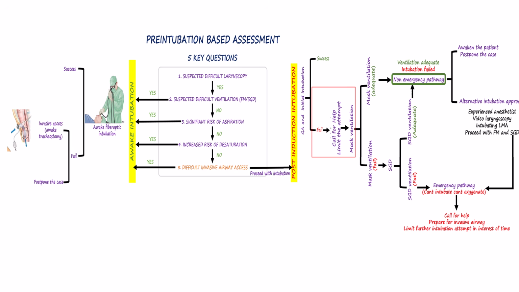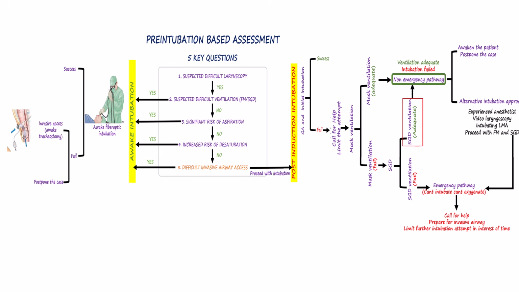Should the initial attempt fail, our priority is to maintain oxygenation. We start with face mask ventilation. If this is successful, we follow the non-emergency pathway, either awakening the patient or trying alternative intubation techniques to improve success. If face mask ventilation is inadequate, we insert a supraglottic airway. When this provides effective ventilation, we again remain on the non-emergency pathway and may even continue surgery under a supraglottic